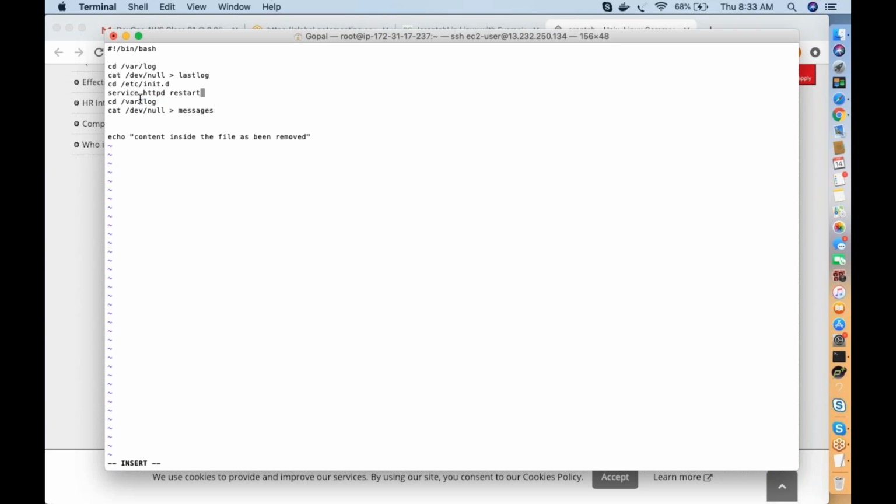So instead of doing that, you can define variables in the shell.